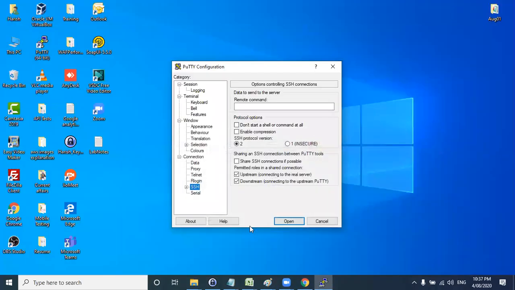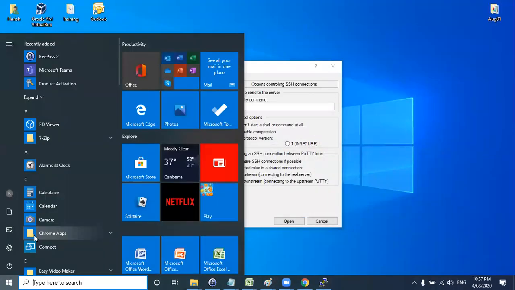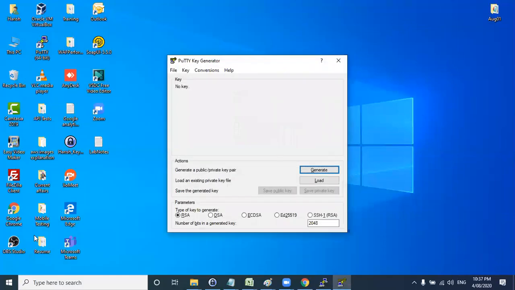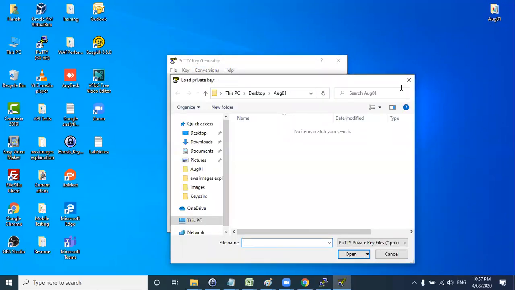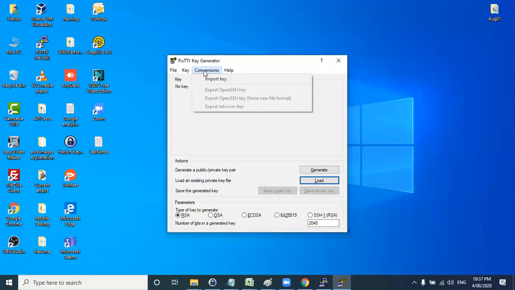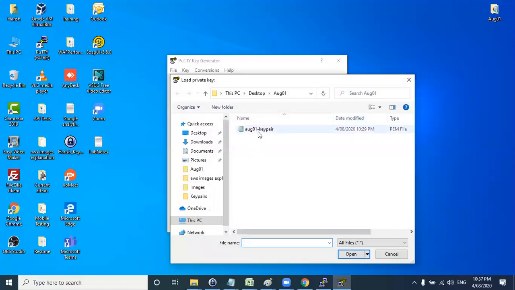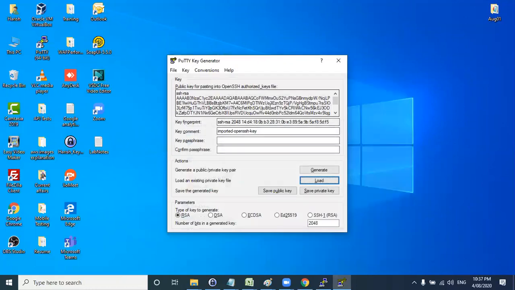Now if you go to puttygen, go to conversions. Otherwise, as Kiran told, you can directly load from here as well, but always prefer import key from here. Select the August 1st key pair. This is the PEM file which we downloaded. From this PEM, we need to generate the PPK file. Select the PEM. If you want, you can give a password, but I'm giving an empty password here.